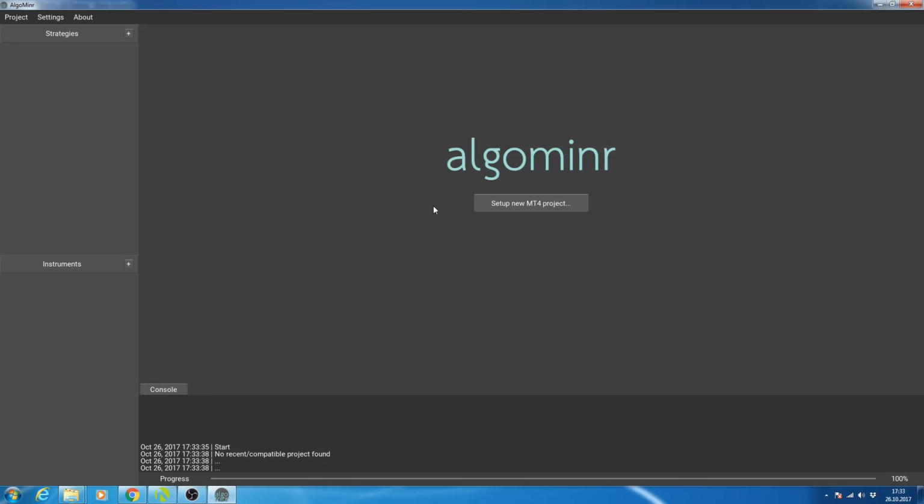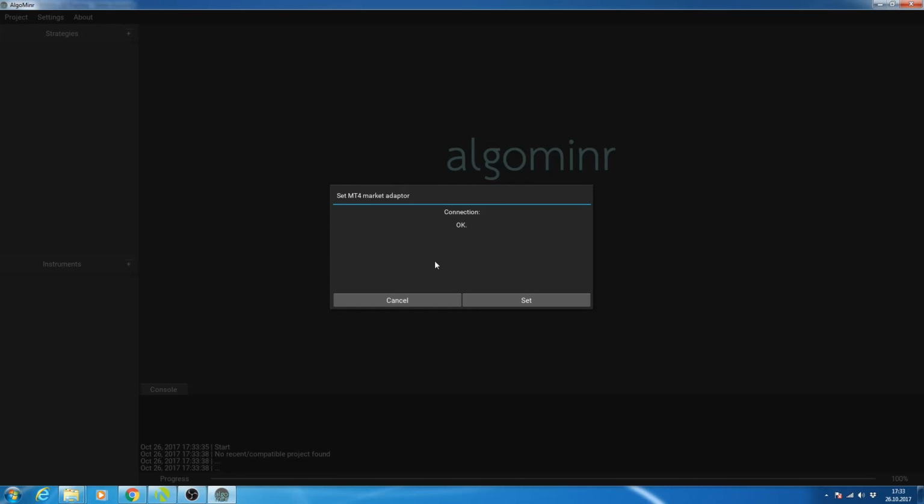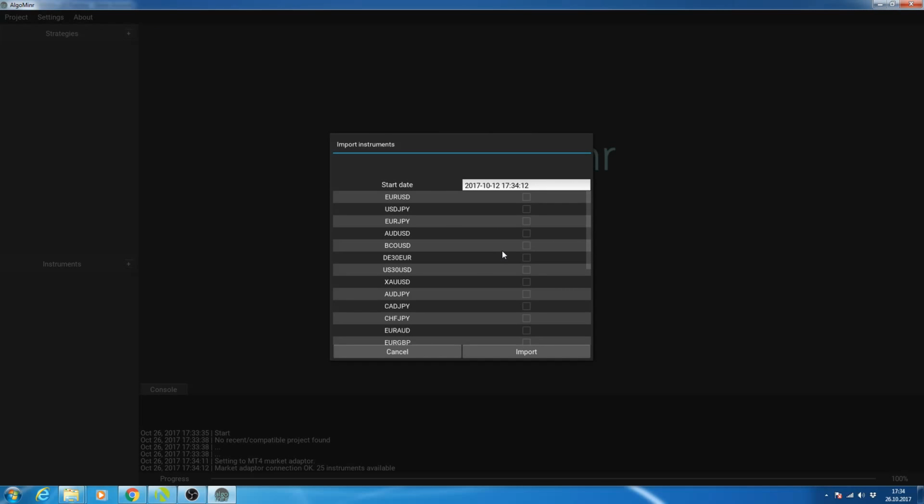The easiest way to set up your first project is basically just use this big button to set up your new MetaTrader 4 project. So if we hit it, we will first search for the MetaTrader 4 connection, and when we have done everything correctly in the first step, we should now see that the connection is found. So we set the connection,